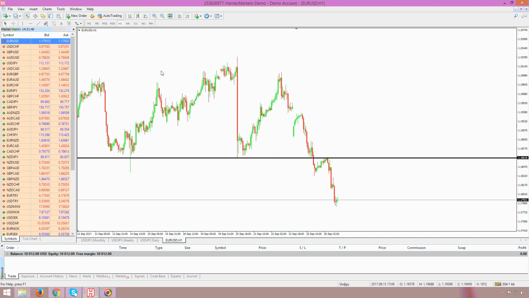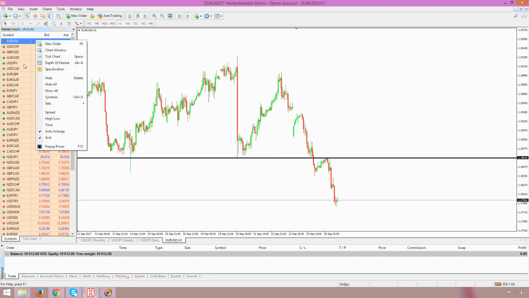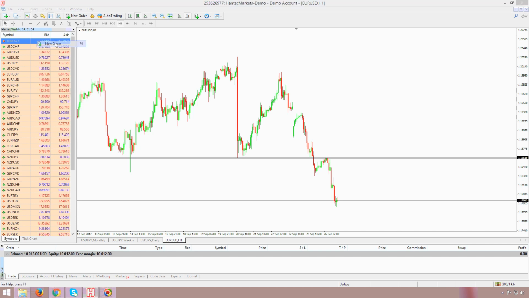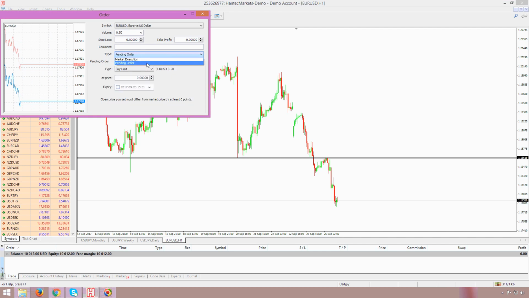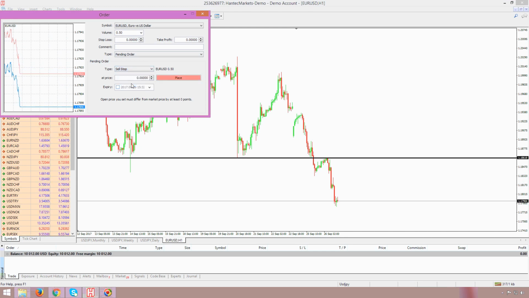So we'll go to Euro US dollar, right click, and then new order. Not at market execution. We want to place a pending order. Buy stop is when you want to buy from high levels. Sell stop is when you want to sell from lower levels. We want to buy at higher levels, so we want to buy stop. Let's say at